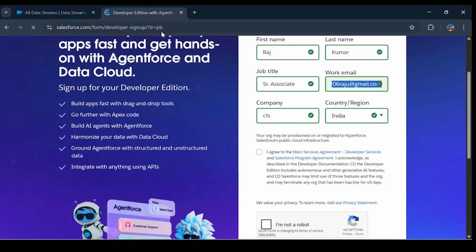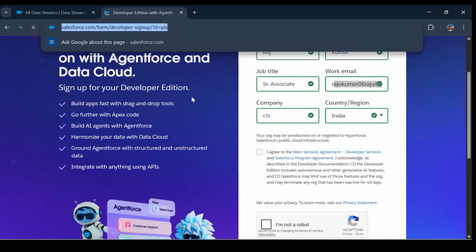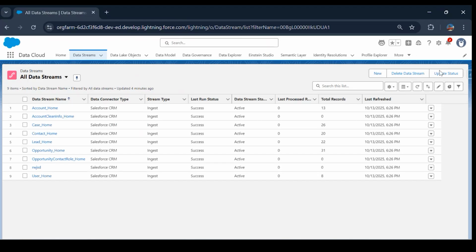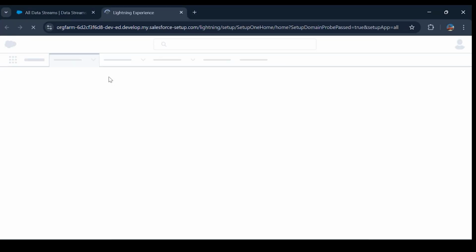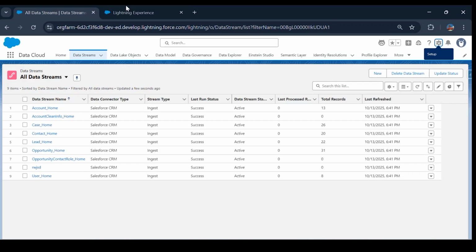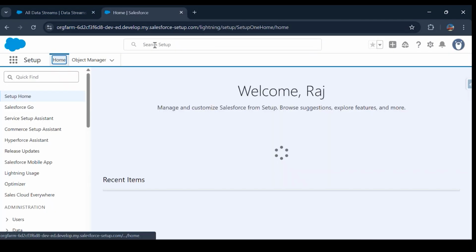There you need to set up your credential, meaning password. Once you set up, then you will be able to log in. So I'm giving this URL also. You will get access to Data Cloud and Salesforce in this org, the same org which I am using. In this org, you will get access to Data Cloud, but in your company org, you need